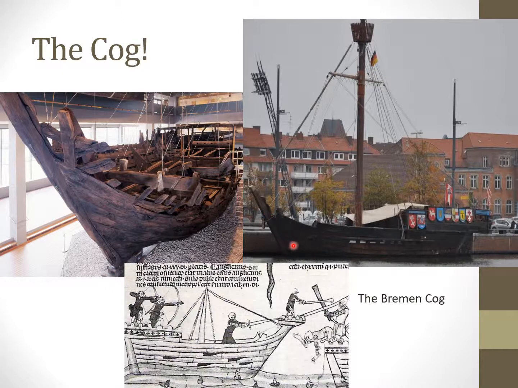On the top right, you'll see a reconstruction of the Bremen cog here. You'll see that this sort of castle, as it's called, this elevated bit in the back. You'll see a contemporary medieval illustration of a cog down here at the bottom of the screen with a little so-called forecastle here, where a defender could be in the front versus some men, archers, defending the ship back here at the rear. This is not a tremendously large vessel. I like that this automobile is just here in the pictures. You can get a sense of the relative size of the vessel.